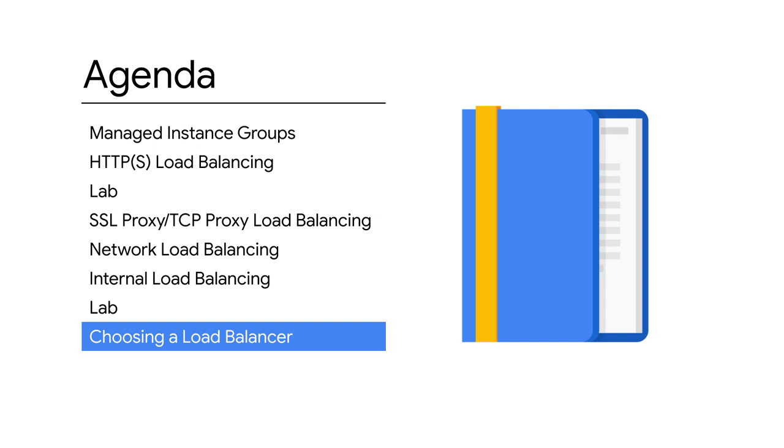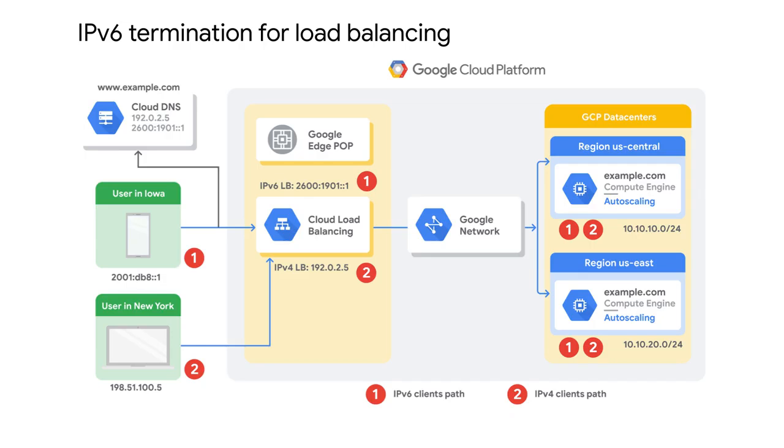Now that we have discussed all the different load balancing services within GCP, let me help you determine which load balancer best meets your need. One differentiator between the different GCP load balancers is the support for IPv6 clients. Only the HTTPS, SSL proxy, and TCP proxy load balancing services support IPv6 clients. IPv6 termination for these load balancers enables you to handle IPv6 requests from your users and proxy them over IPv4